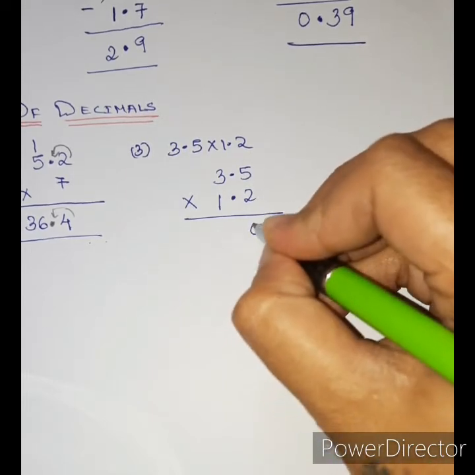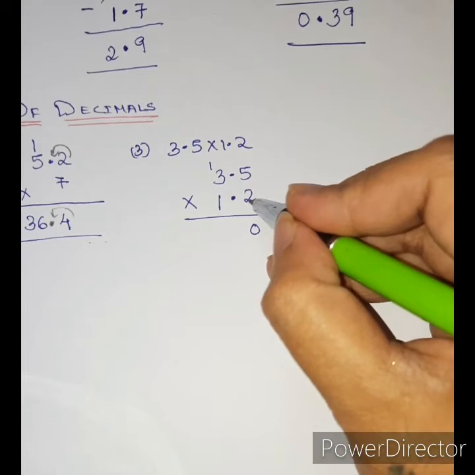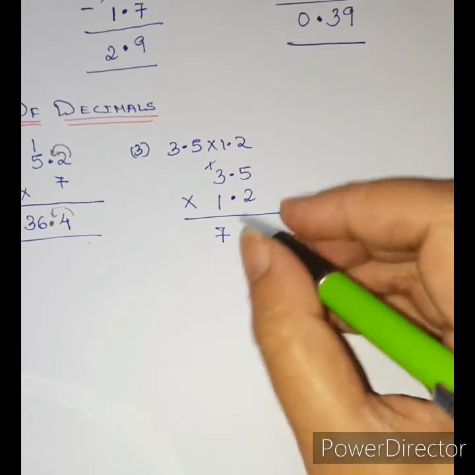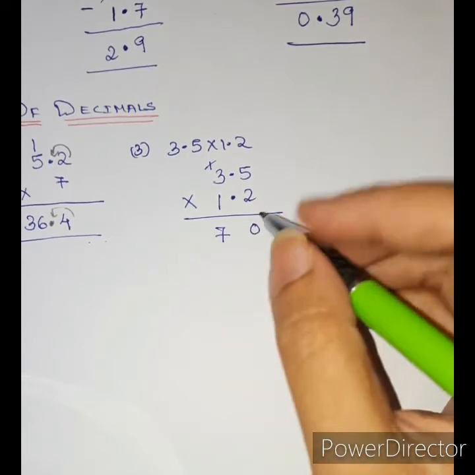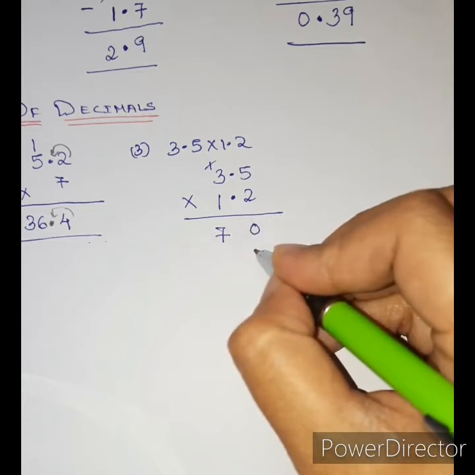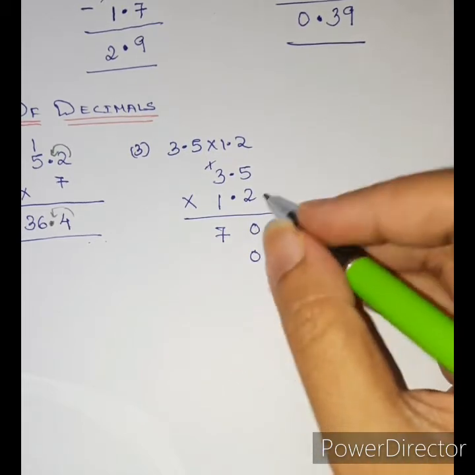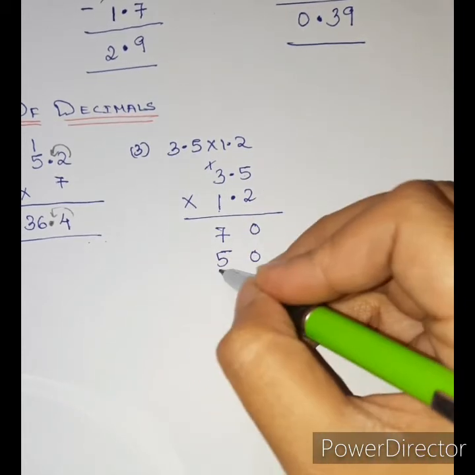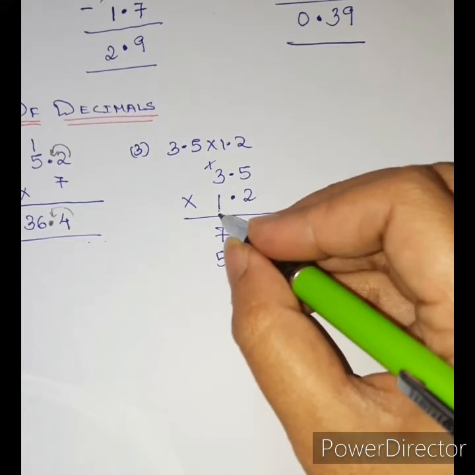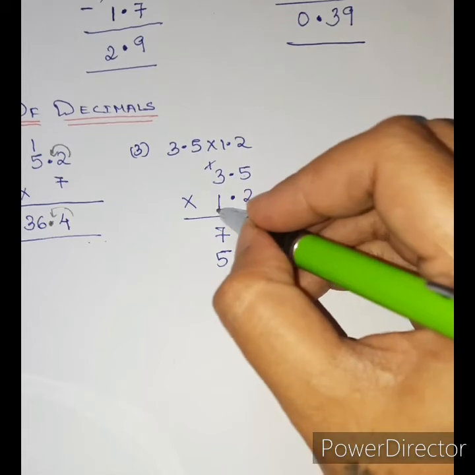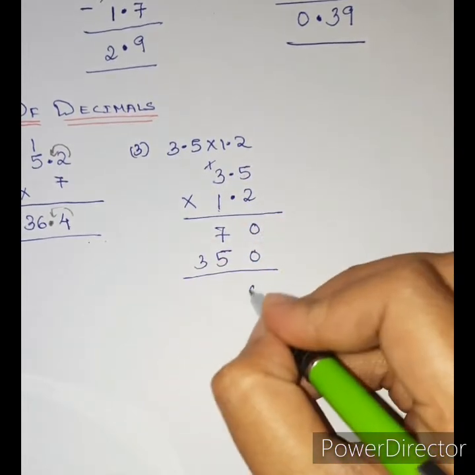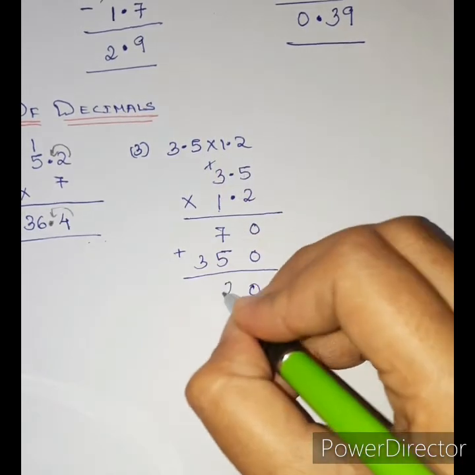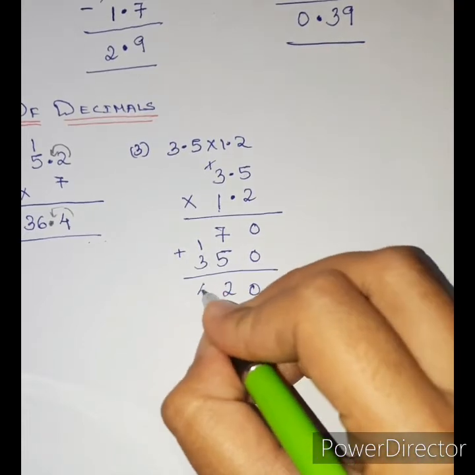So 2 fives are 10, write 0, carry 1. 2 nines are 18, plus 1 is 19. Because we have one more place to follow, I'll put a 0 because I don't have anything in the ones place. You can put a 0 or a plus sign, whatever you want. Now 1 five is 5. It is coming in the tens place, because we are moving to the next place value. And 1 nine is 9. Then add and carry where needed.